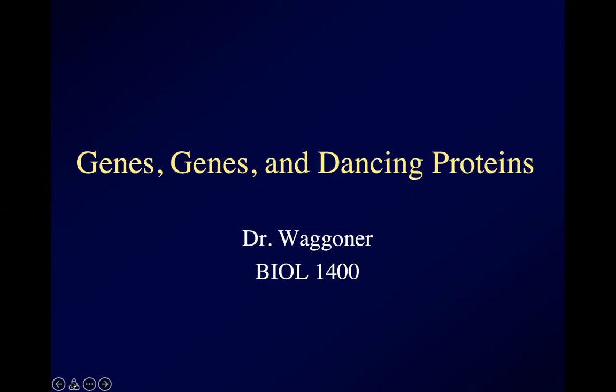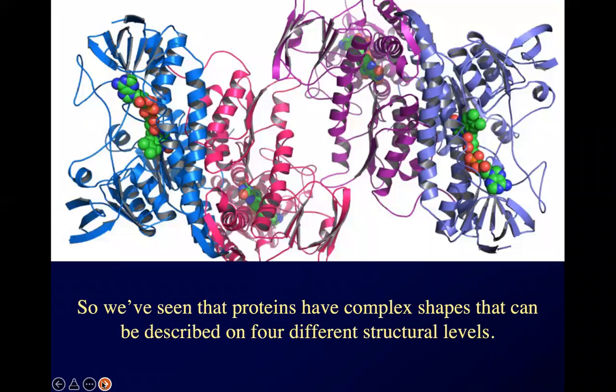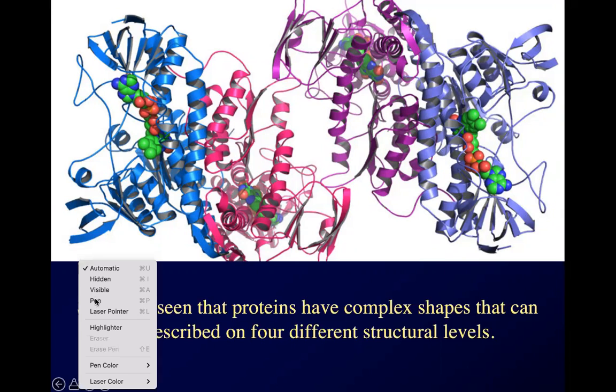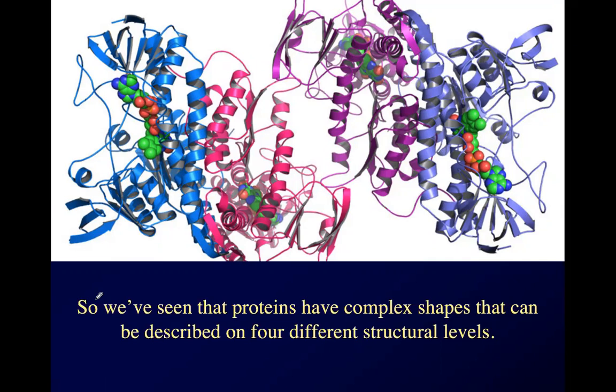All right, so where were we? We were talking about protein shape, and we talked about the 4 different structural levels that protein shape can be described on. The first is that proteins are polymers of amino acids, and there's 20 amino acids that are used to make proteins, and the amino acids have to be assembled in a particular order. That order is primary structure, and then portions of the chain will kink up into alpha helices, these spiral bits right here,